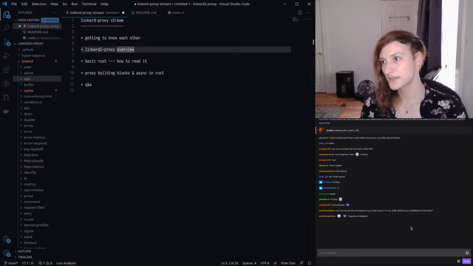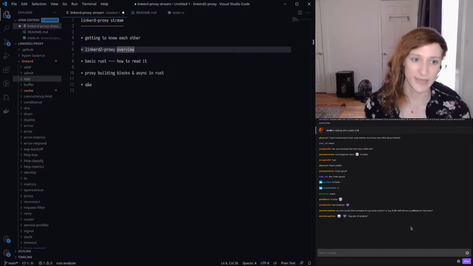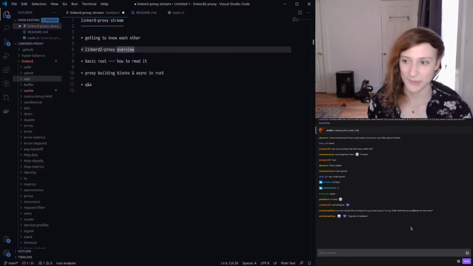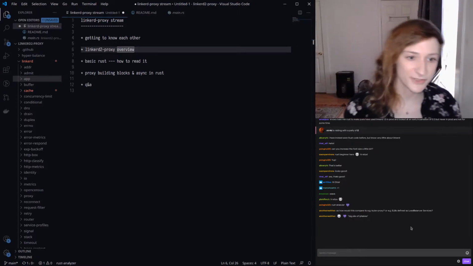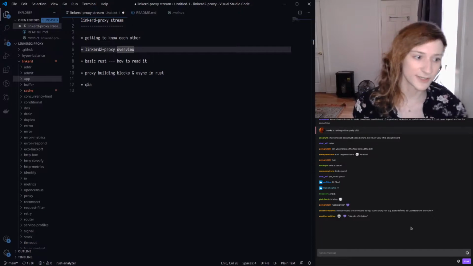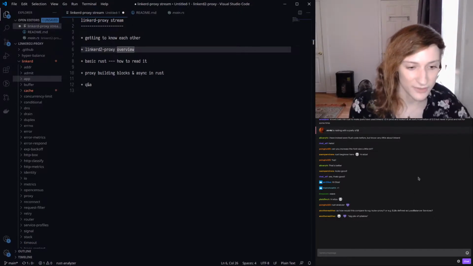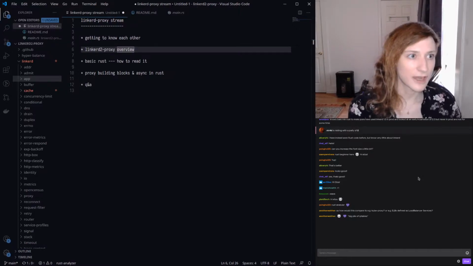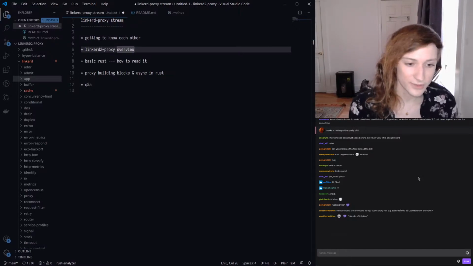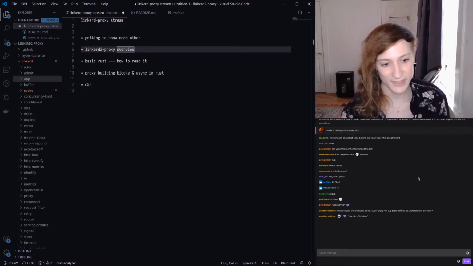And so that means they don't know about the semantics of higher level application protocols, layer 7 protocols like HTTP, like gRPC or gRPC over HTTP2 or WebSockets. They don't know how to load balance those higher level protocols. They only know how to load balance at the level of TCP connections.